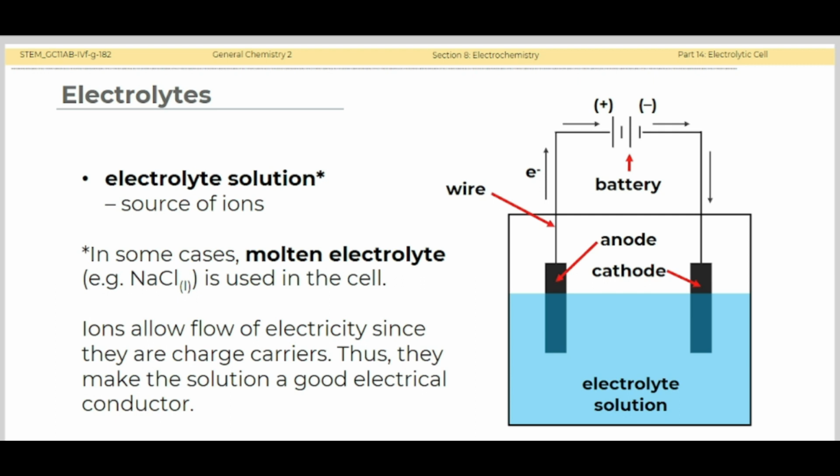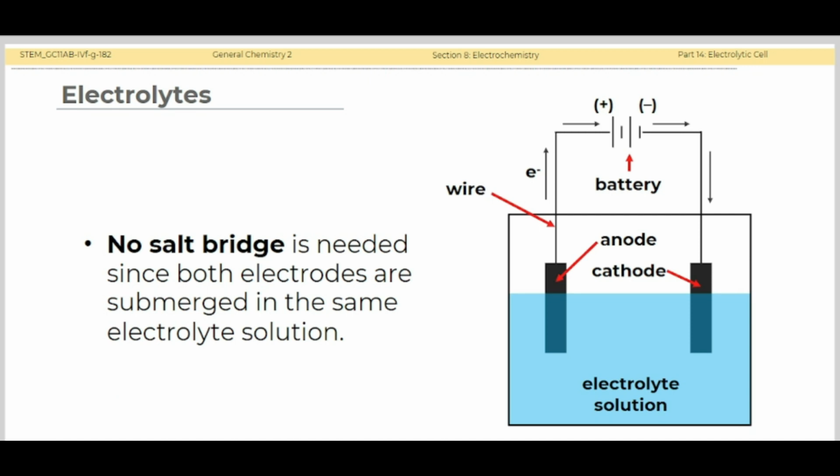The electrolyte solution is the source of ions. In some cases, molten electrolyte, for example, molten sodium chloride, is used in the cell. Ions allow flow of electricity since they are charge carriers. Thus, they make the solution a good electrical conductor. Unlike in galvanic cell, no salt bridge is needed in an electrolytic cell, since both electrodes are submerged in the